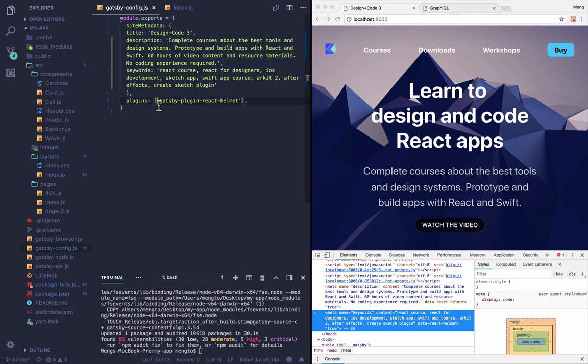Now I'm gonna put this, because it should be an array, right? So I'm gonna put this in its own line, in between the brackets, add another comma, and then I'm gonna write curly brackets, and then put resolve colon, single quotes, Gatsby source Contentful, and then comma,